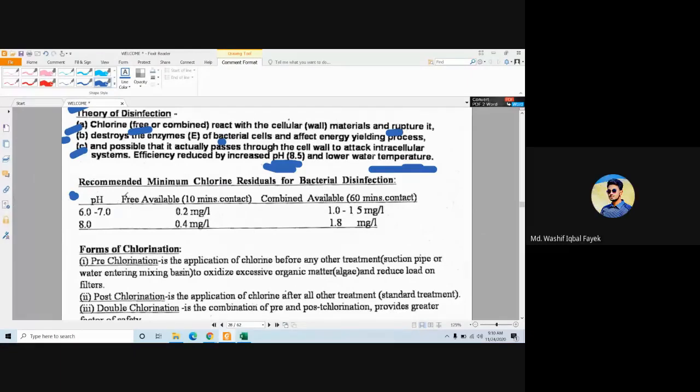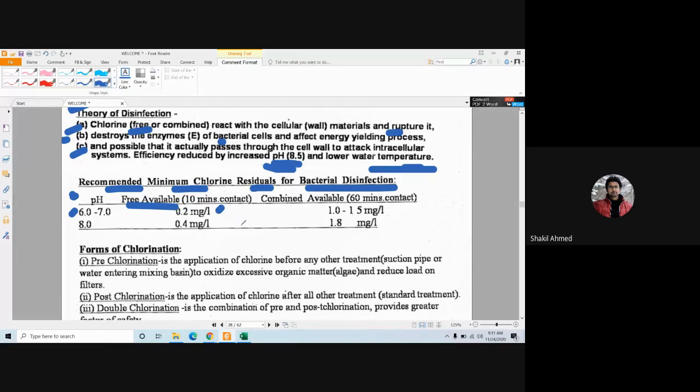What is the recommended minimum chlorine residual for bacterial disinfection, and how much contact time do you need in the water to successfully perform the disinfection process? In case of free available chlorine, like hypochlorous acid and hypochlorite ion, if your concentration is 0.2 milligram per liter and pH is 6 to 7, you need 10 minutes contact